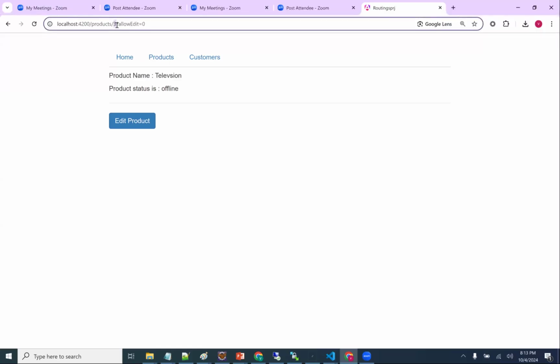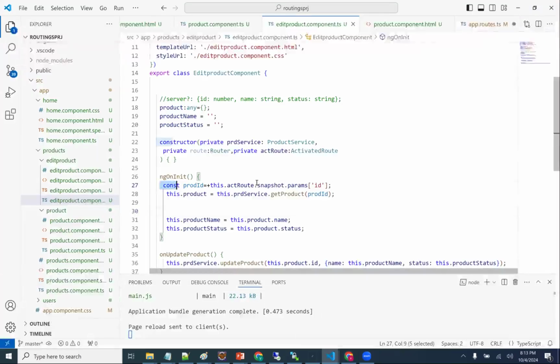So, param subscription is a critical section where if you feel that there is a change in the URL, then only we need to grab that change. Otherwise, we don't need to grab that change. What I'm doing here is just reading the data and sending the product ID.